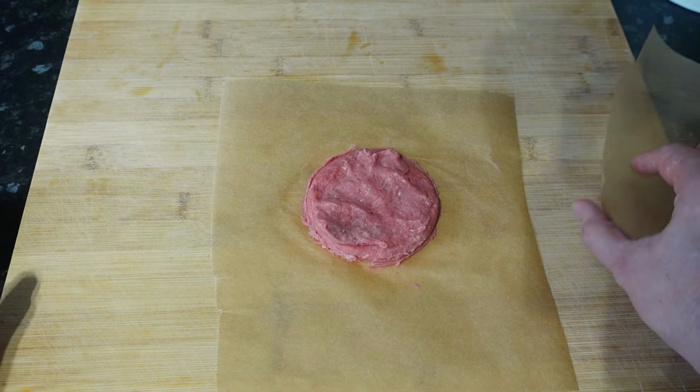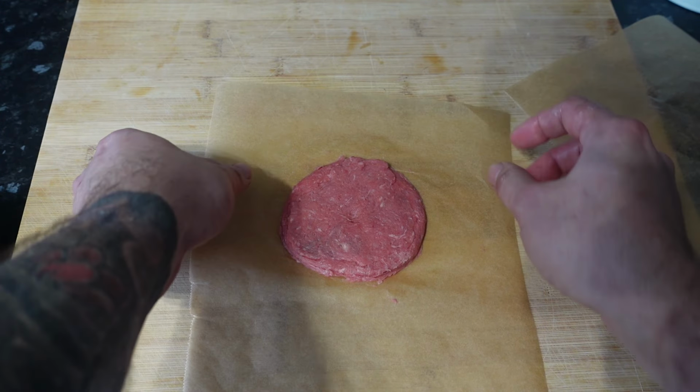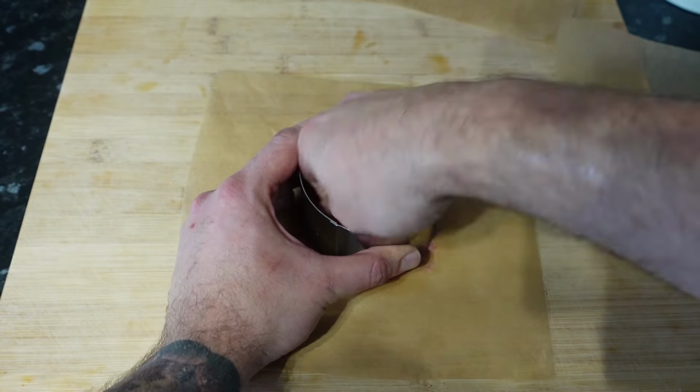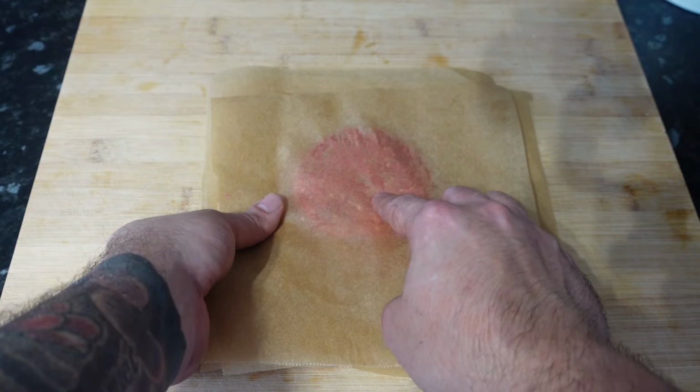Let's take that away. Just quickly flatten and even that out a bit more. That doesn't look too bad. That should hopefully get us our patty. So I'm going to pop that back on there, and I'm going to work on the other patty. So I'm going to put those in the fridge until later, and I'm going to see how our burger bun